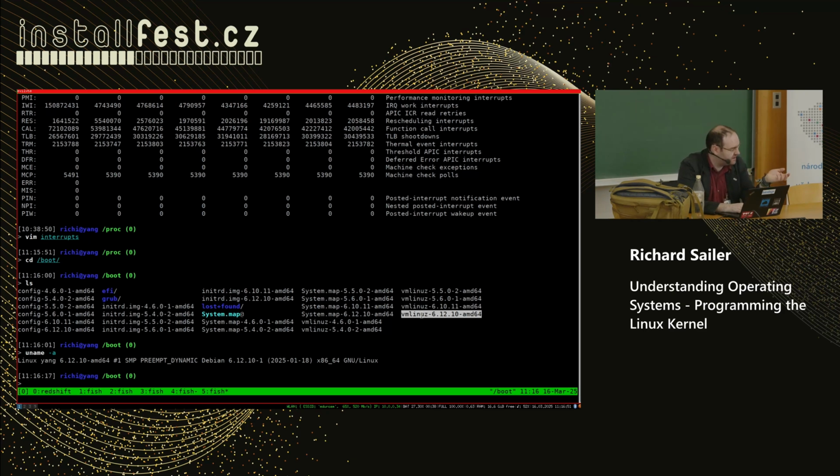And what I do want to show you, the fun thing, is that when you install the Linux kernel on your Debian or Ubuntu, it's just a package you can install like everything else. With the kernel, there also comes the config file. So this is the config with which this kernel had been built. And that's just a text file that I can open with Vim.